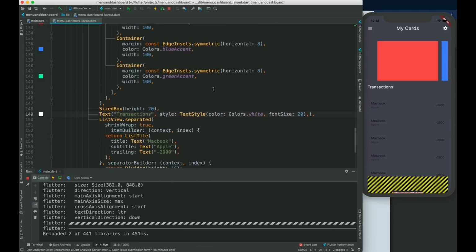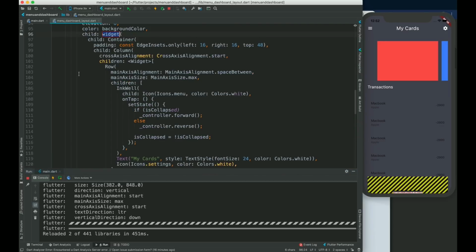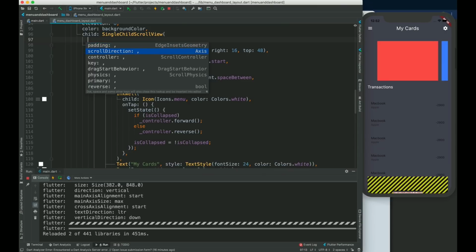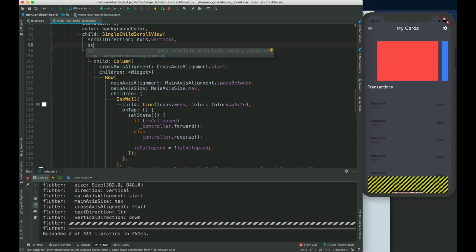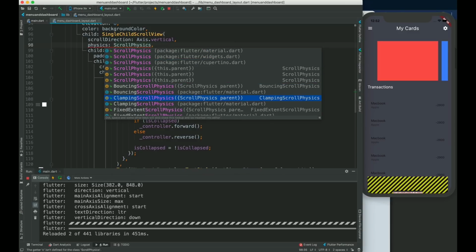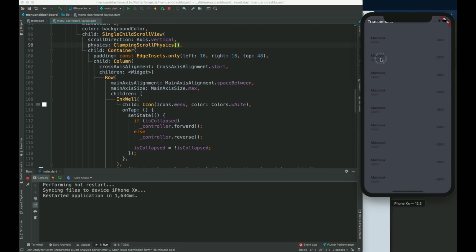Okay, so this issue can be solved by wrapping this whole column, or this container rather, inside single child scroll view. Okay, and then its scroll direction can be axis vertical, scroll physics can be clamping scroll physics. Okay, let me run it. So the issue is gone here. We can scroll this beautifully. Okay, and we can also scroll this thing, but